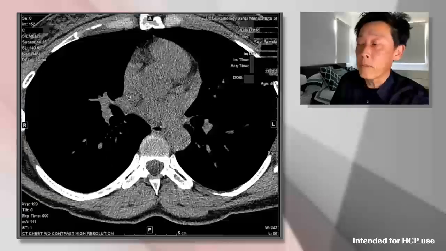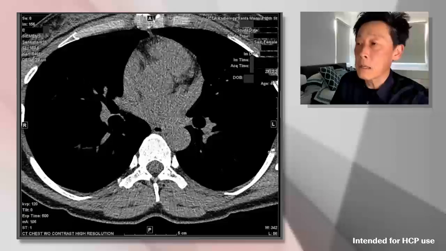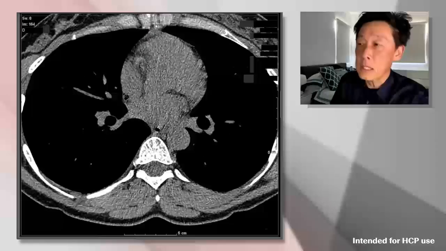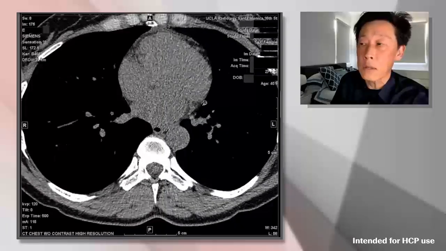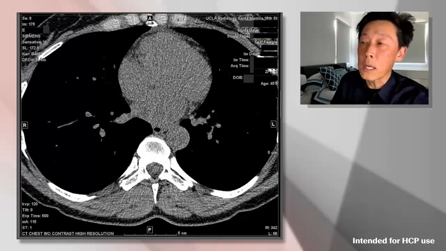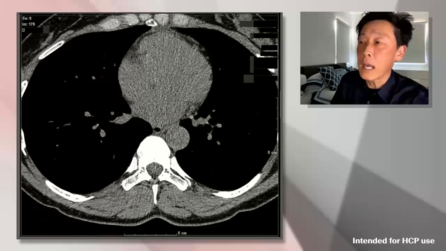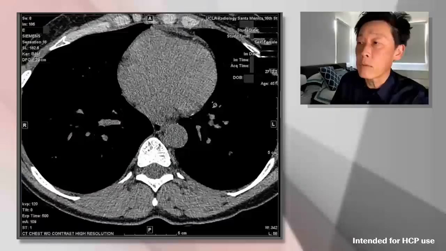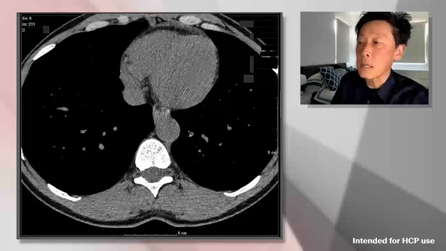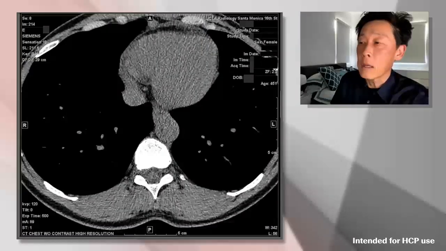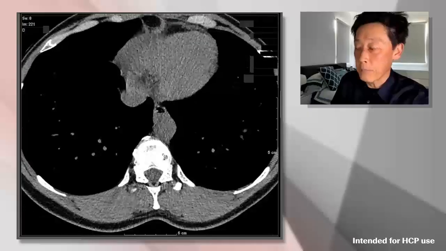Now, as we move closer to the base of the lung, or the chest, we see the heart chambers, which are very hard to delineate without intravenous contrast. But just to give you an idea, this is going to be the right atrium, the right ventricle, which is most anterior. Then we have the left atrium, which is in the back, and we have the left ventricle. And as we scroll again to the lower part of the patient's chest, we see the base of the heart, and we see the descending aorta.